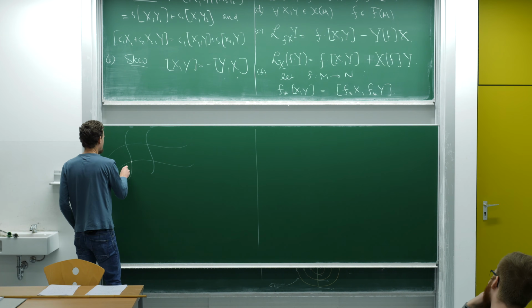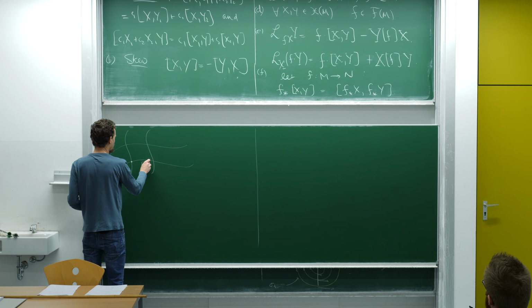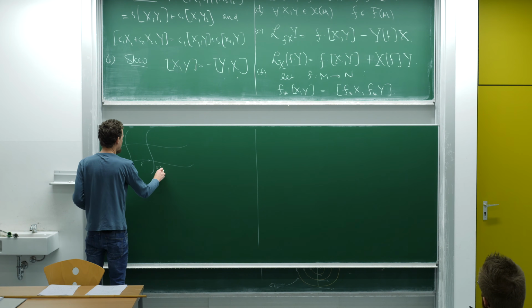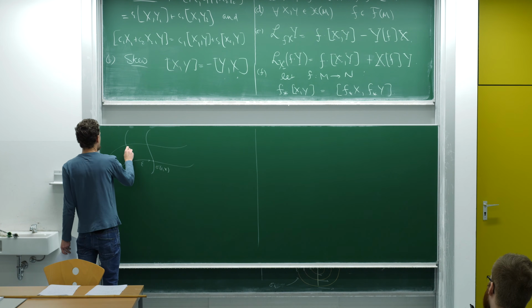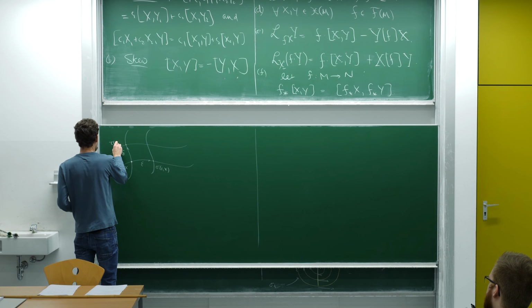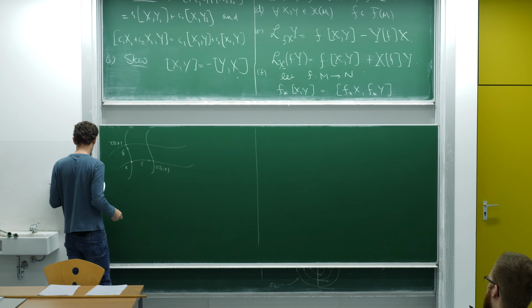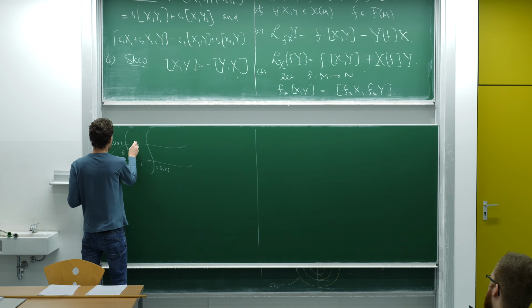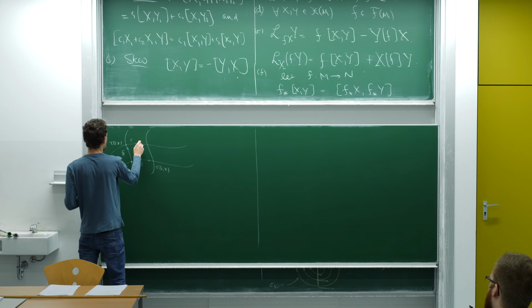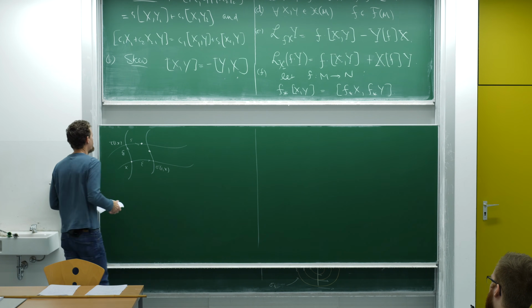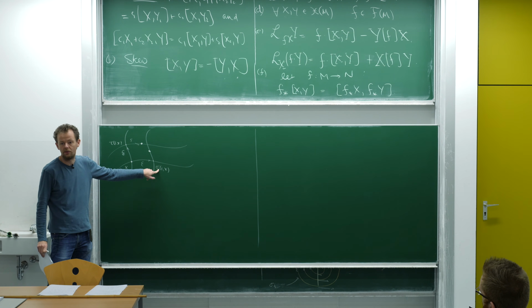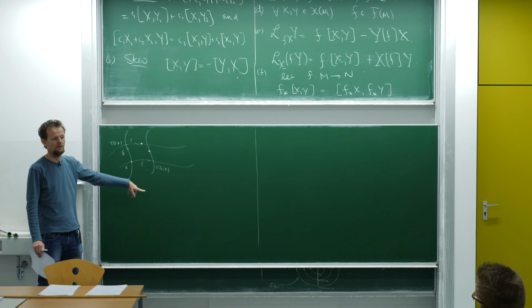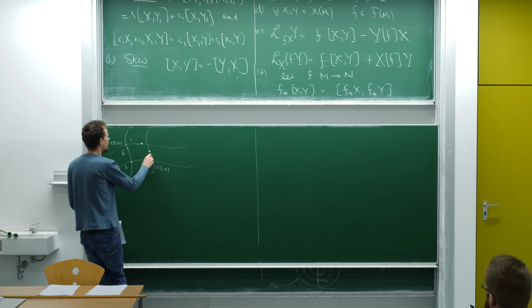Here's some point on the manifold, X. We flow for a time epsilon to a point sigma epsilon X. And then we flow for a time delta to tau delta X. And then you could say, well, I want to understand the difference between first flowing according to sigma and then tau, and the other order. So you then flow for a time